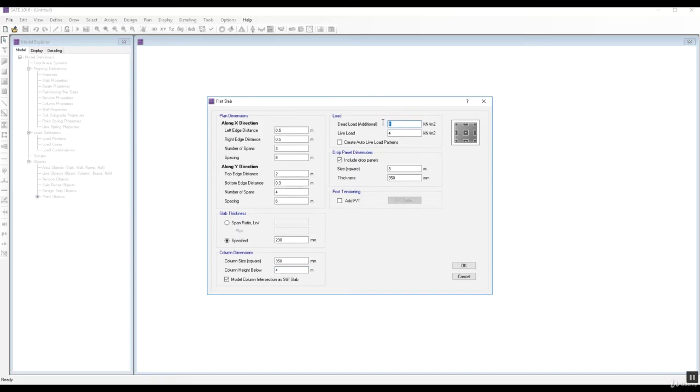About column height, 4 meter. Also it asks you about load, how much is the dead load? I will make it 5.5. Then it asks you about live load. I will make it 2, for example. Then it asks you about drop panel. You want to make a drop panel for the column or no? Anyway, you will see the result now. Okay,